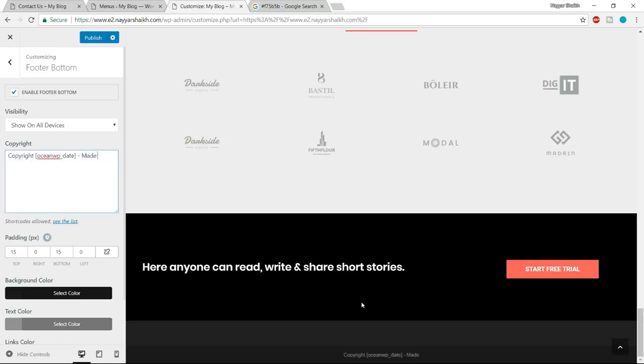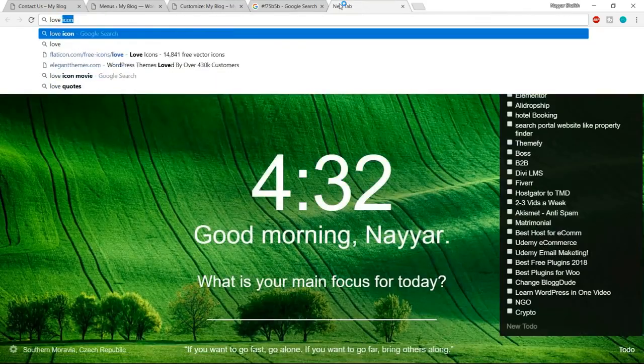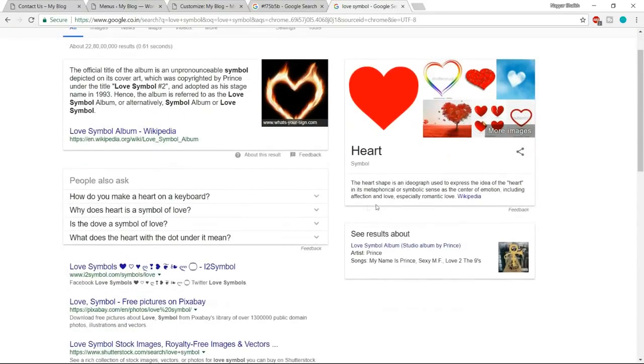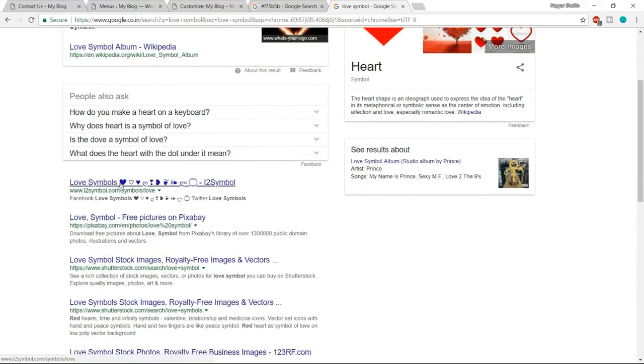First let me type made with love, and instead of typing love, let me do one thing. Let me grab this love symbol so that I don't have to type it. Type in love symbol, and here we have many. So click on this link. Let's open this link, i2symbol.com,